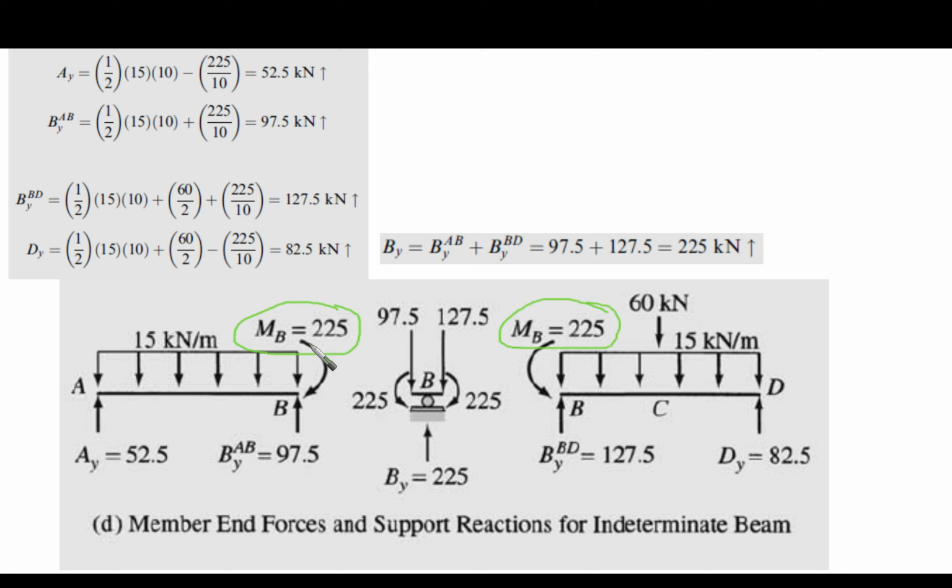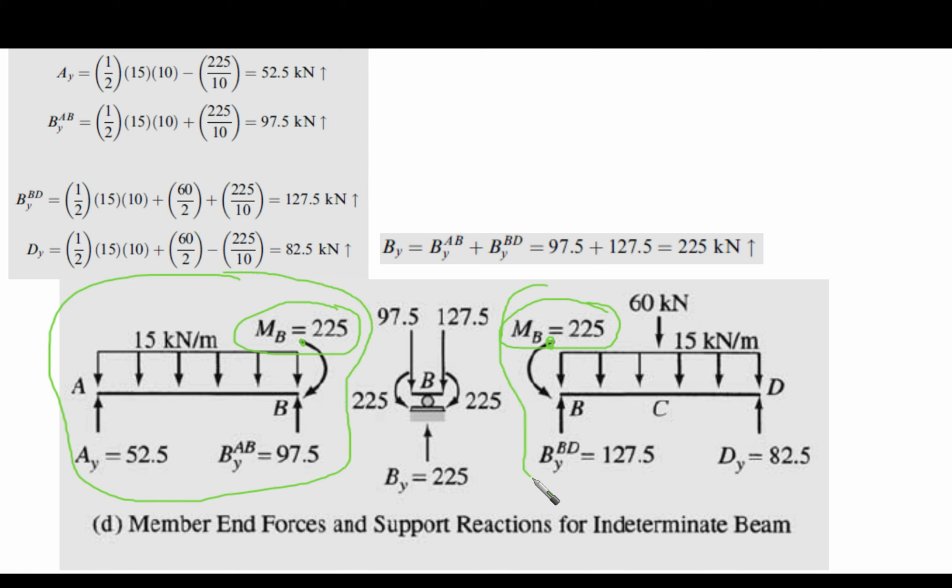So you're going to find it here, 225. It is going to be at the top. Here is tension, and here it is going to be 225. Also, it is going to be tension from the top, because as we said, this is negative moment. Negative moment means that it makes tension on the top fibers and compression on the bottom fibers. So you can put 225 here and 225 here, and then you have a simply supported span on the left